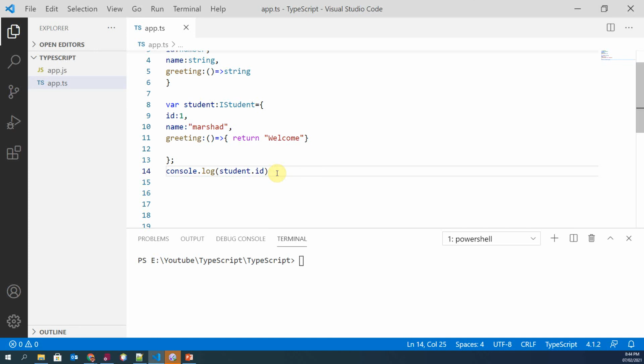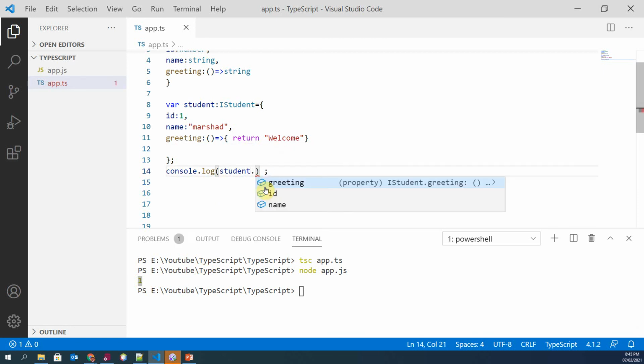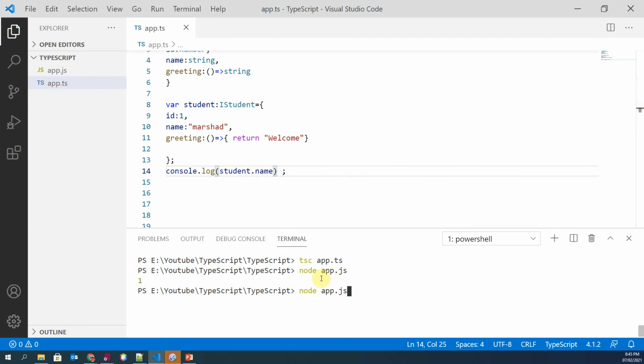So compile your TypeScript code, run your JavaScript file, and you will see one is printed over here. If you want to access the name of this variable student, you can place student dot name over here, compile your code,